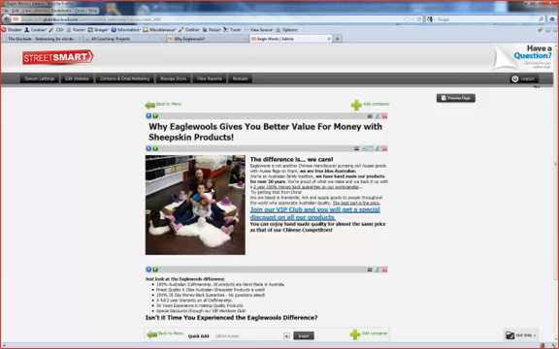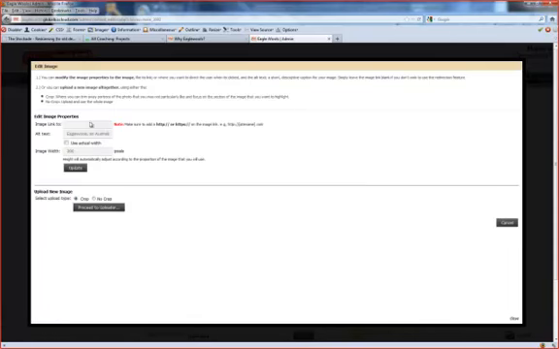Now editing text. This is an image to the left with text. Now you can upload an image. Say you want to upload an image. You can do the URL. So say for instance you've got an image URL on the website, you can put it in there. You can put your alt text. You can do your width, or you can upload it from your computer, which is as simple as proceed to uploader,